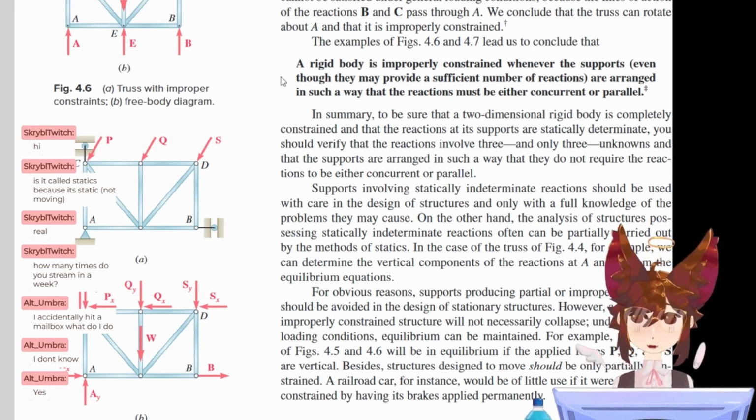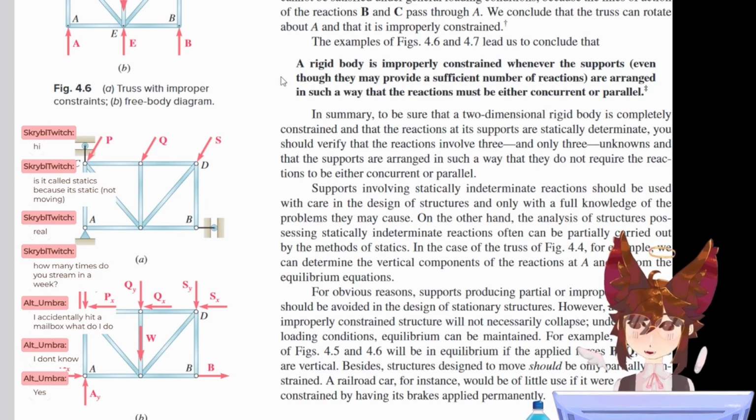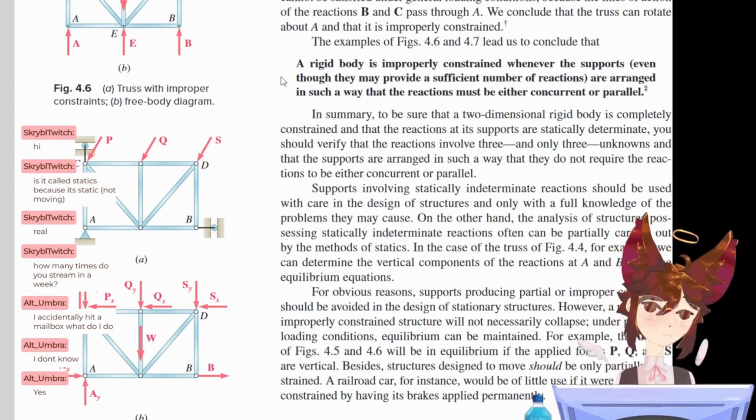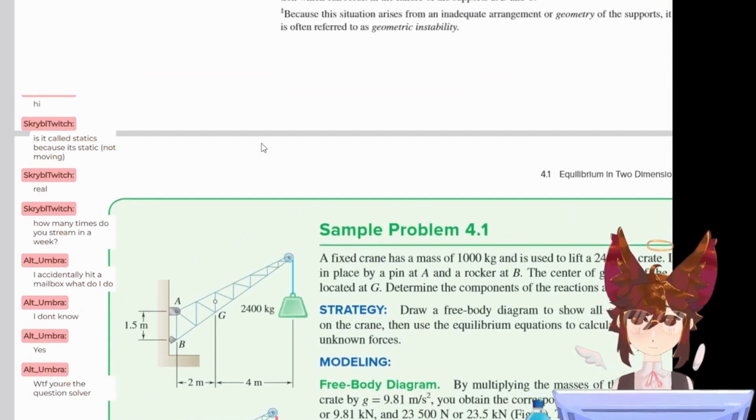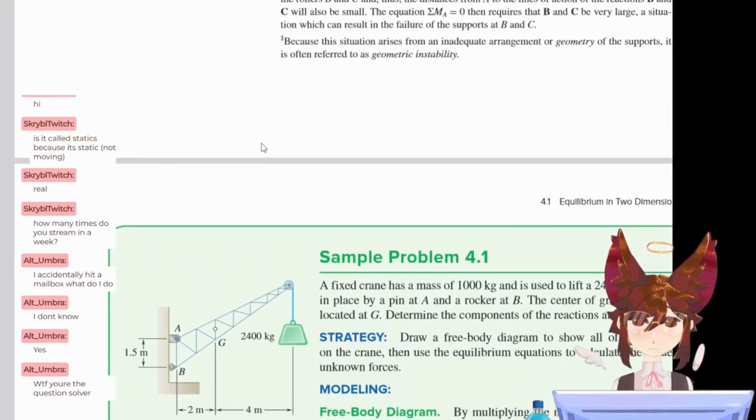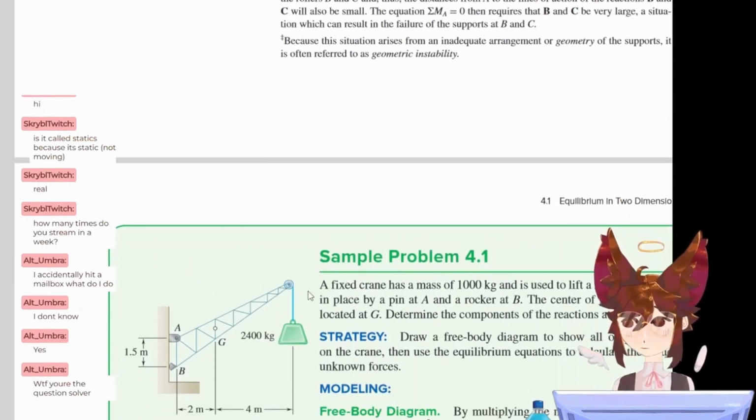Yes to which one? Improper constraints. Free money. Okay. These are just not what I want. Okay. Okay, let's see. A fixed crane has...